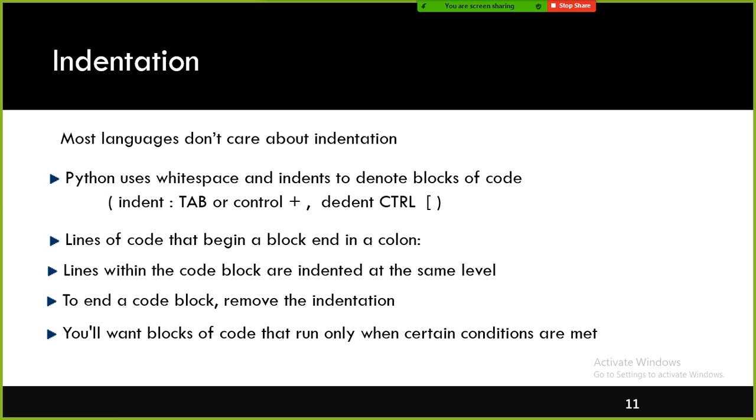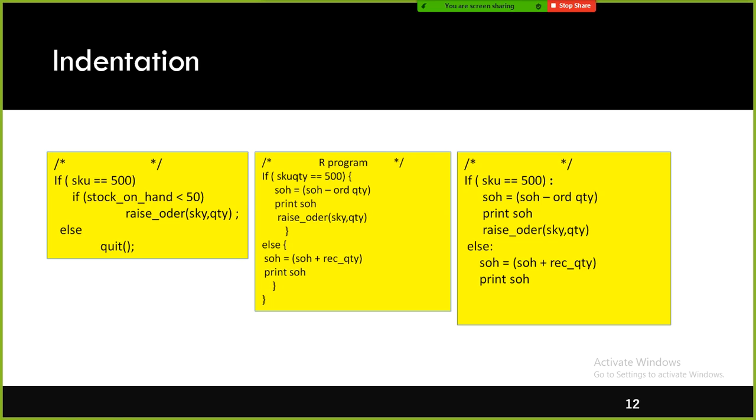The next one is indentation. Before we start understanding the programming part of Python, the first thing you need to understand is the indentation part. Okay, because it is a very fundamental thing. In Python it is required for indicating what block of code a statement belongs to. For example, this is my if condition, right? This is my code block. This code block belongs to the if statement, and this code block belongs to else, right?